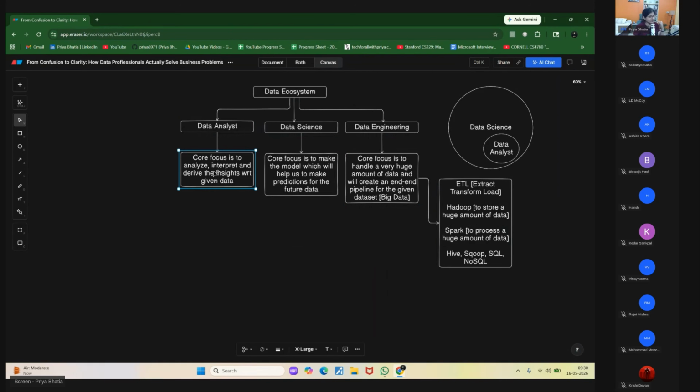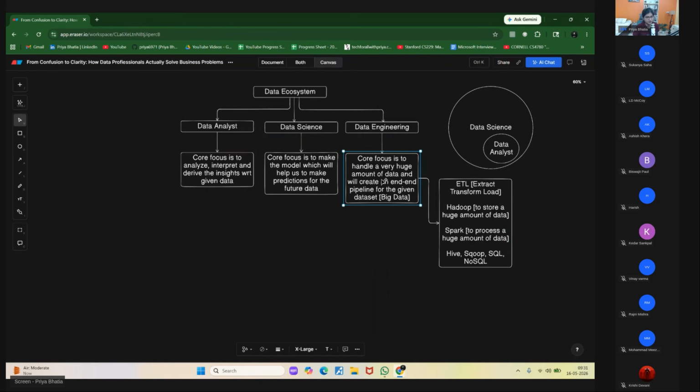Start step by step. First of all, your ideal path could be to focus on data and get an understanding of how I can analyze it in a better way. Then the next part will be, if I am very good in analysis, how can I create an end-to-end model which will help me make predictions on top of that specific data. And after that, in future, if let's say I'm getting a very huge amount of data, how can I handle that data so that I will be able to process it, get insights from it, and create a model on top of it,